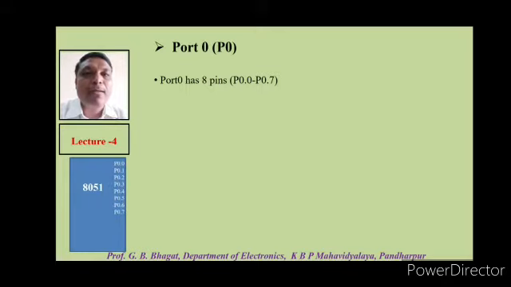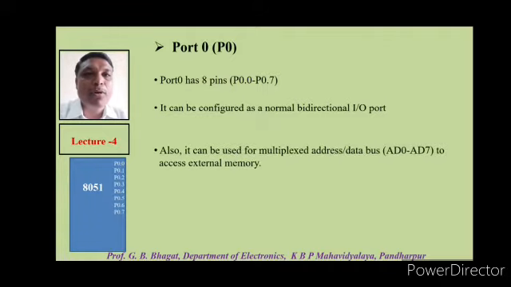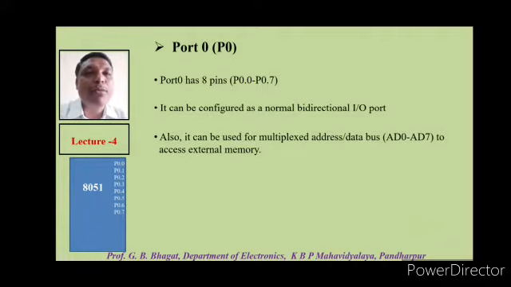Next, it can be configured as a normal bidirectional I/O port. That is, it can send the data on the output side or it can also take the data as input for the controller. Also, it can be used as a multiplexed address data bus to access the external memory. That is, if we have to connect the external memory to the microcontroller, then we have to use port 0 along with port 2, and at that time port 0 will work as the multiplexed address data bus